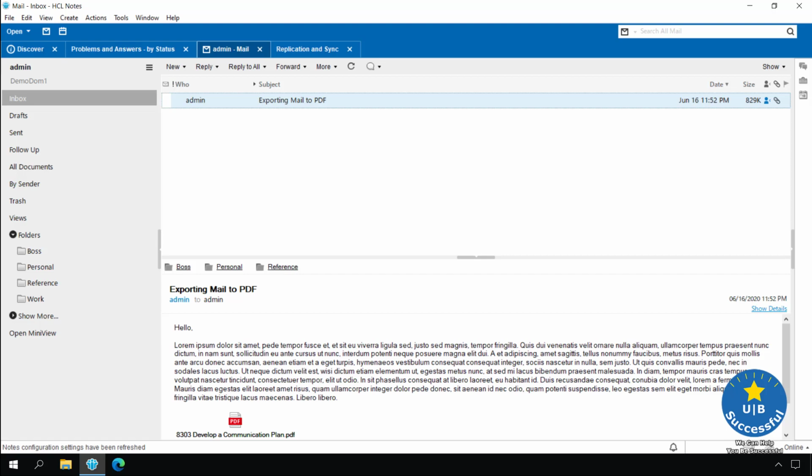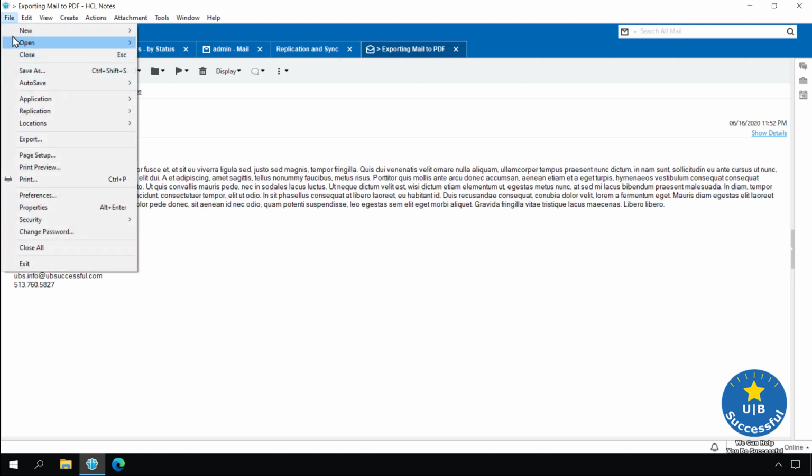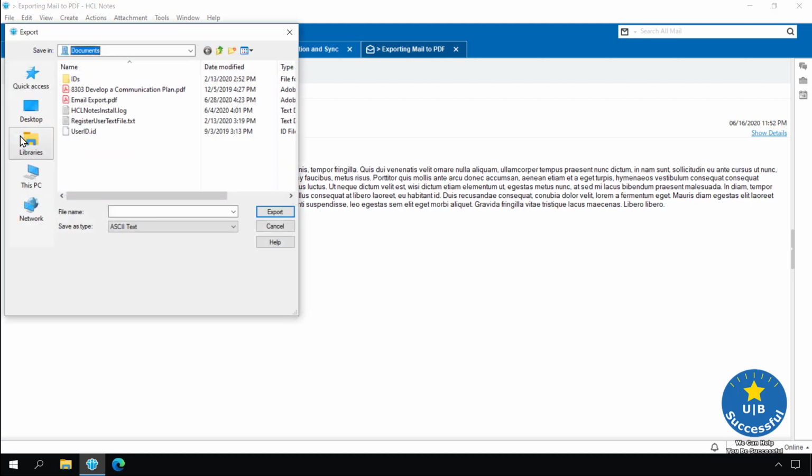Today, we can use Notes to generate the PDF file. Let's see how that works. Go to your email, select a message you would like to export to a PDF file, select File, select Export, select the location or directory you wish to save the PDF file, change the Save As type to PDF document, type a file name,